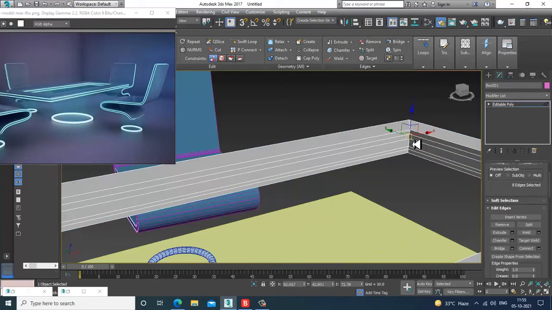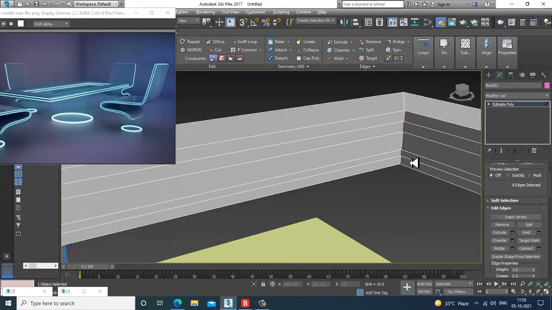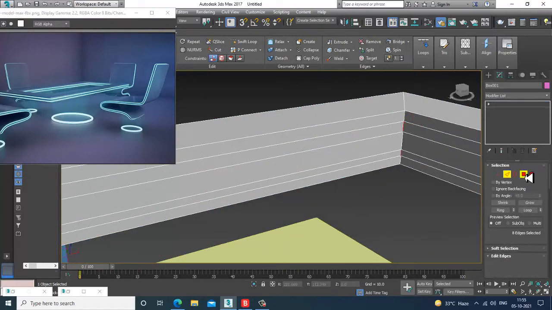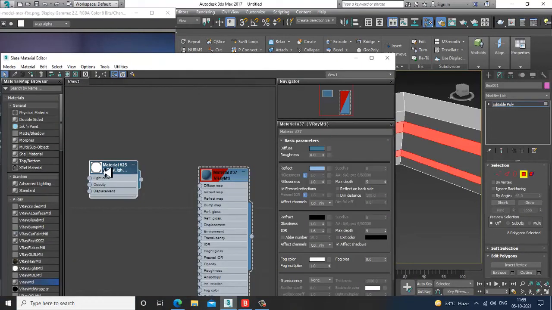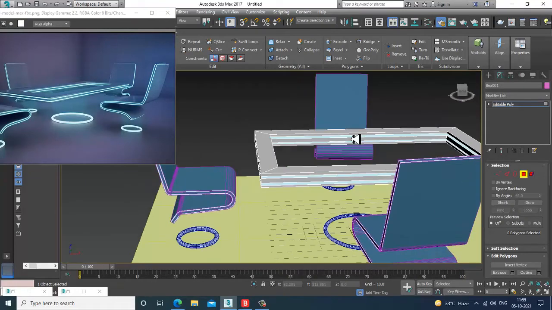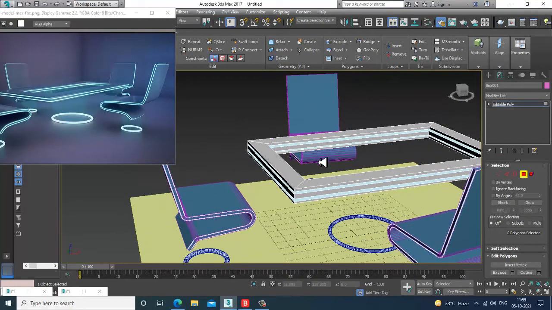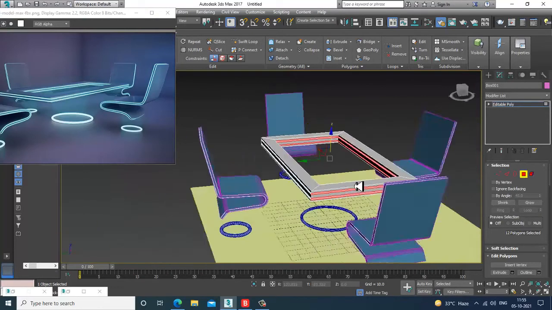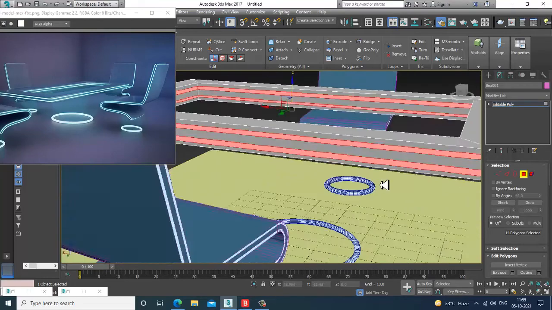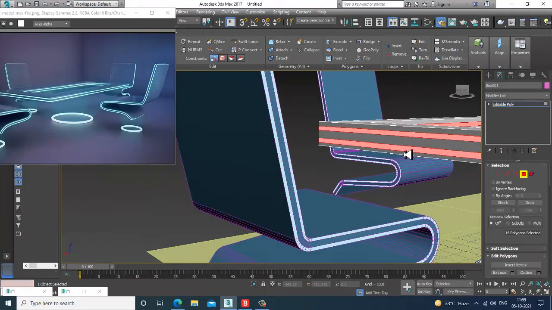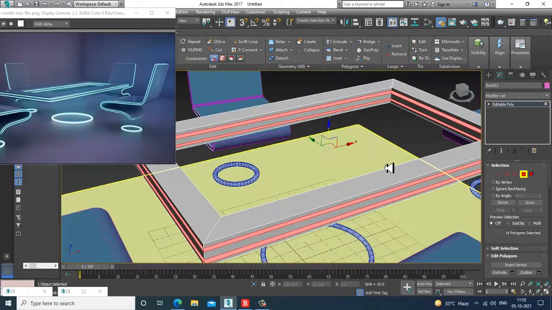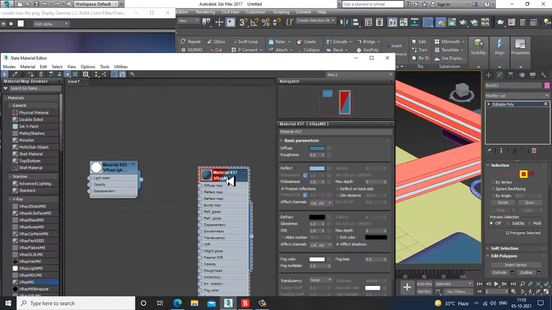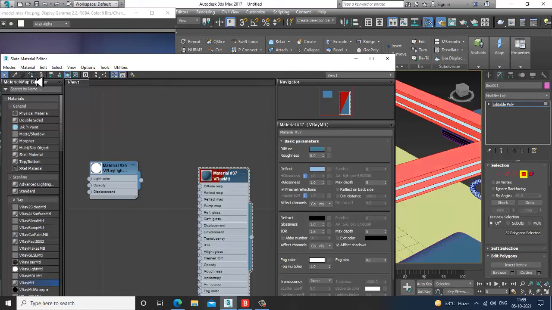Ring it, control click on the polygons, and let's assign that. Select this hole and give this color to it. That's it.